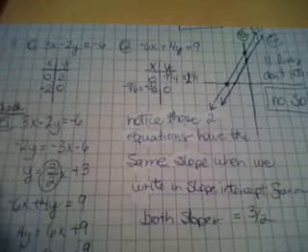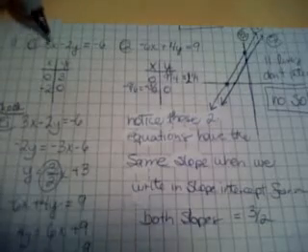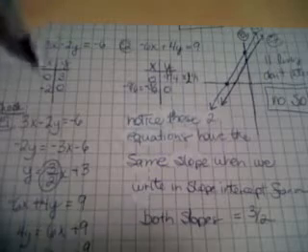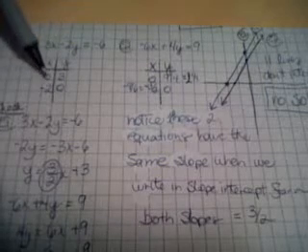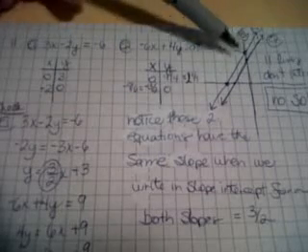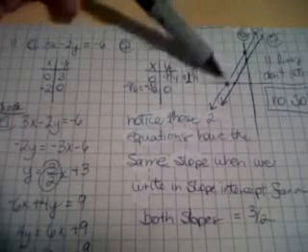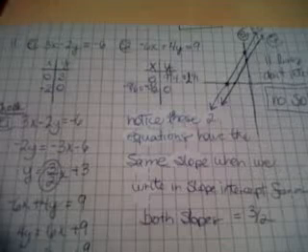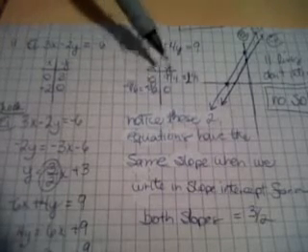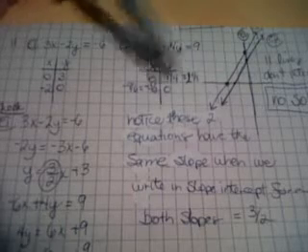So my next equations, here we go, 3x minus 2y equals negative 6. This is number 11, by the way. Again, I'm going to use my x and y intercepts, so I have 0, 3 and negative 2, 0. So I come over here and I graph equation 1, and that graphed all nicely right there using my x and y intercepts. Here for equation 2, I'm going to do the same thing, x and y intercepts, and they gave me